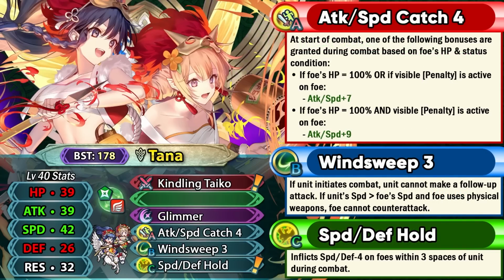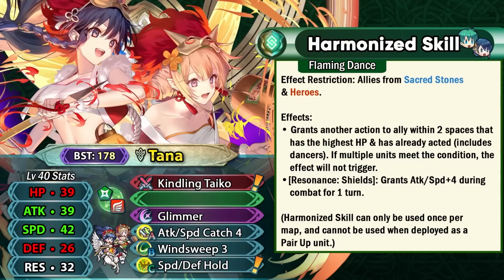Harmonic Tana also has a pretty nice Harmonic skill, which is going to be useful for Sacred Stones and Heroes units, and it does give you resonant shields and also refreshes the ally within 2 spaces from those games who has got the highest HP and has acted. So this can definitely be pretty nice for a lot of Gale Force teams, because you have the positioning of Canto 1 now available, and you also have this kind of refresh. So technically she can provide 2 actions, which is going to be really useful in Aether Raids offense,